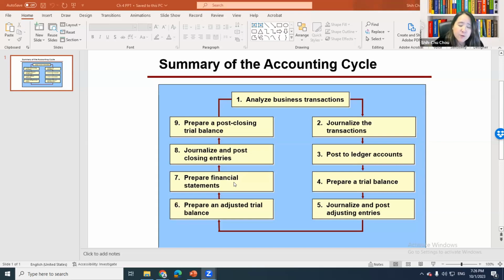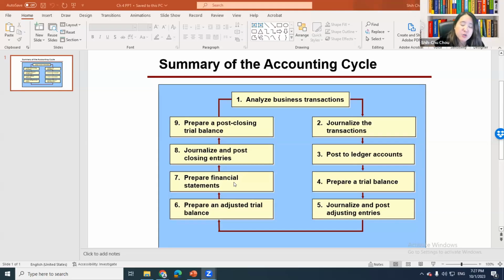Okay, so the statement of cash flow, as I mentioned at the beginning of this course, we'll talk about in the last chapter this semester. So at this point, you only have to know the basic structure of the statement of cash flow. We know that a statement of cash flow is broken down into operating, investing, and financing activities. And this statement allows us to explain the changes of a cash balance. Okay, but I'm not expecting you to use any information from the trial balance to prepare a statement of cash flow,